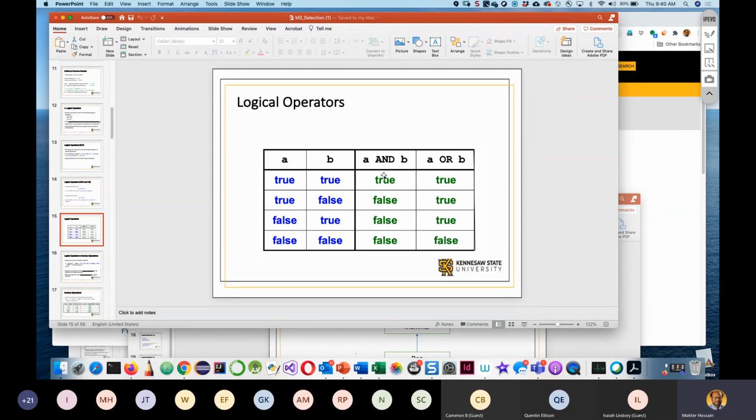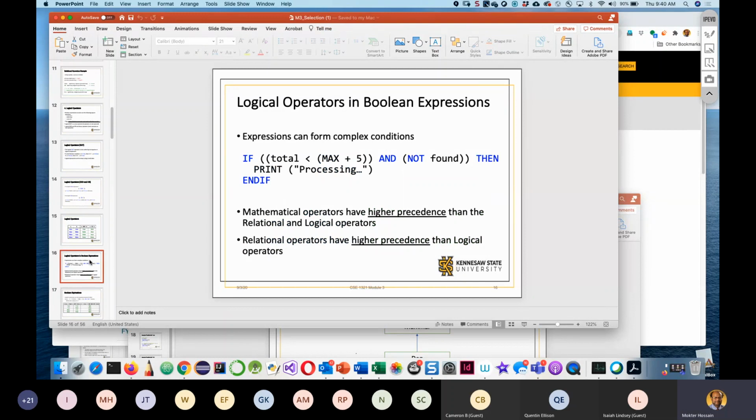So this is for AND, meaning there is a circuit that has parallel switches. In order for an AND operation to be true, all inputs must be true. And in order for an OR operation to be false, all must be false. Okay, so please look at this. In our last lecture, I discussed using